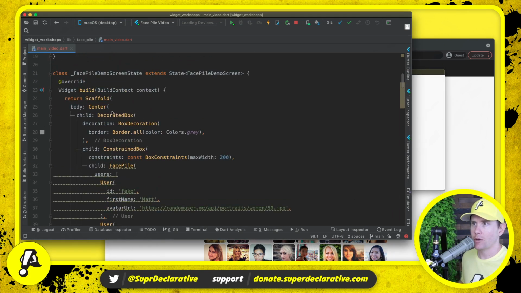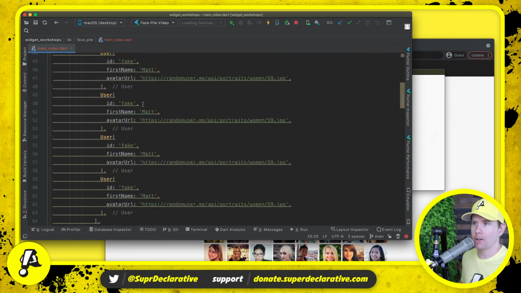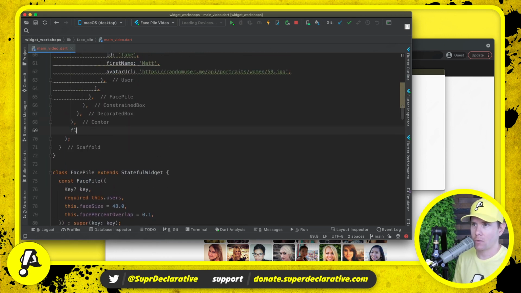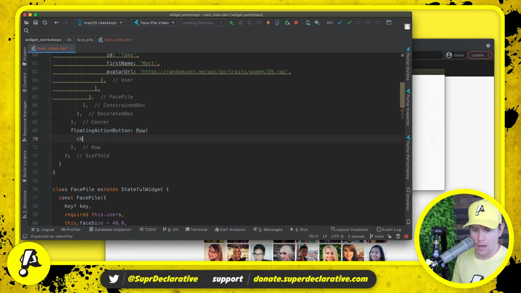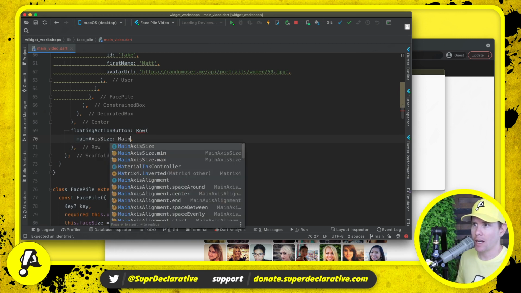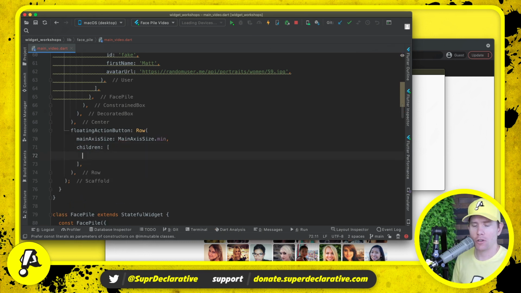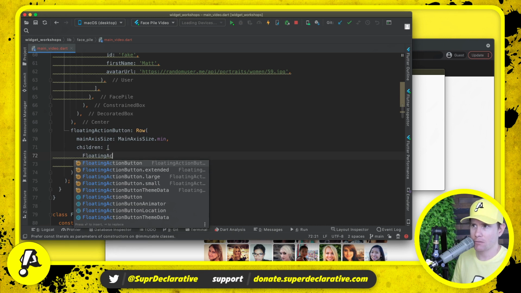buttons. So here we have this scaffold, and everything is in the body of the scaffold right now. I'm going to come down here, and we're going to put something in the floating action button property. And let me look up in my notes what I did here previously. Okay, so we're just going to do a row, and we're going to make sure that we don't expand. We just want to be the minimum size possible. And then we're going to have two floating action buttons, one to add, one to subtract. So floating action button,